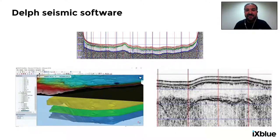So for example, using Delft here, you can see on the top of the screen the seismic reflection profile. You double click on a layer and you follow the layer automatically, and you can generate your seismic profile isopack, a digital terrain model of all the layers you detected. You can extract very rapidly, with Delft, for example, the volume of sediments or the thickness of some deposits. So fast processing with minimal cleaning means that analysis of the data can start sooner, and obviously reporting is completed